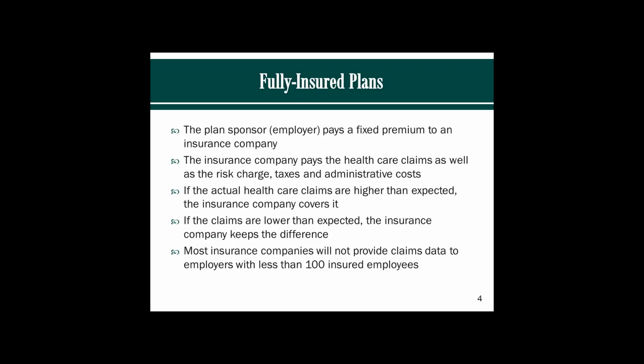If the claims are lower than expected, the insurance company would also keep that difference, and therefore keep the so-called savings that may exist. Most insurance companies won't provide a group under 100 insured employees with any kind of information or claims data that justifies their premium. So many times, when I'm out with a group of 60, let's say, or even 25, 40, whatever it is, and somebody's getting their 33% increase, as an example,